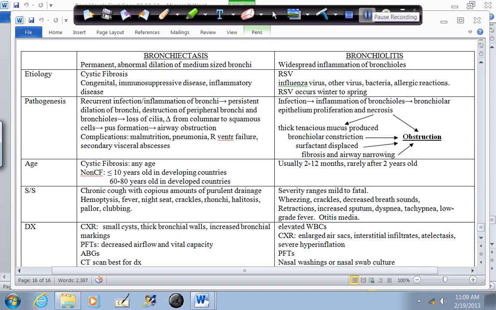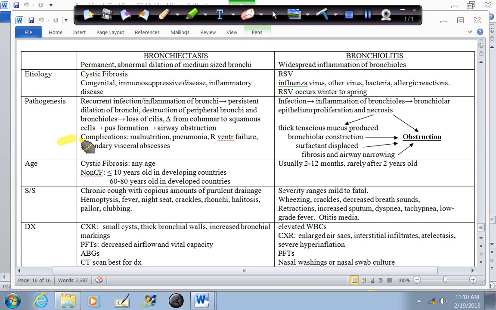So when we go up here to pathogenesis, for bronchiectasis, there's a recurrent infection and inflammation of the bronchi, and the dilation is persistent, and that will lead to destruction of peripheral bronchi and the bronchioles from that inflammation or infection, and a loss of cilia. And then the cells change from columnar to squamous, and there is pus formation, which of course without the cilia you can't get rid of very easily, and that can actually lead to an airway obstruction. And the complications are malnutrition, pneumonia, which makes sense, right ventricular failure because the heart is pumping against lack of oxygen supply from the lungs, and then the pus can move and you can get secondary visceral abscesses